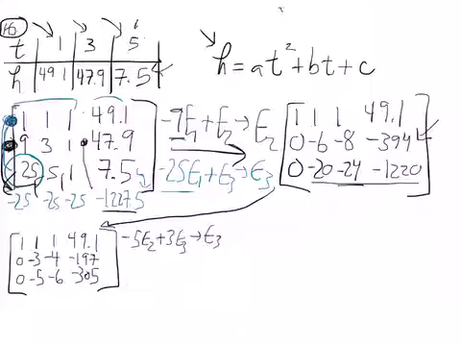Let's see what happens if we do that. I'm going to do some scratch work down here. So negative 5 times equation 2. So that's this equation. So negative 5 times 3 is positive 15. Negative 5 times negative 4 is positive 20. Negative 5 times negative 197 is 985. And now 3 times equation 3 would be negative 15, negative 18. And then 3 times 305, negative 915. So if I add those together,